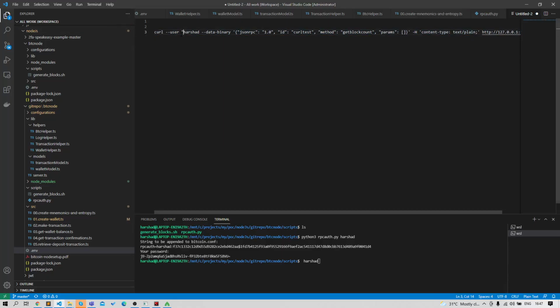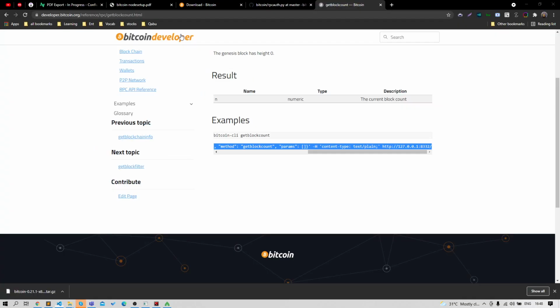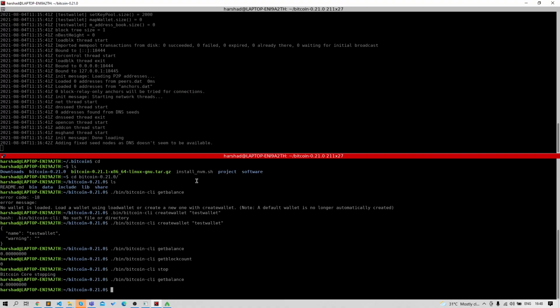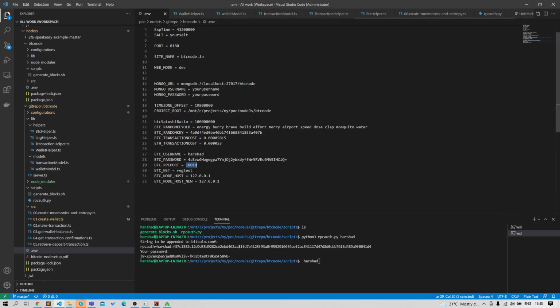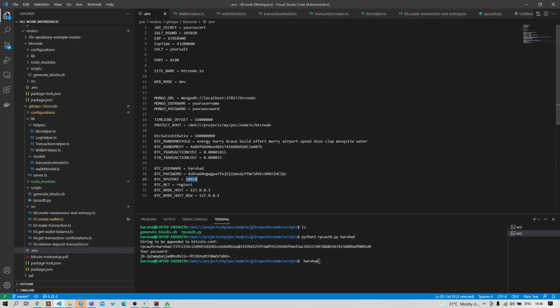If you want to pass the password with the username, then put the username in double quotes, write a colon, and then paste the password after the colon. In my case, my password is this one.